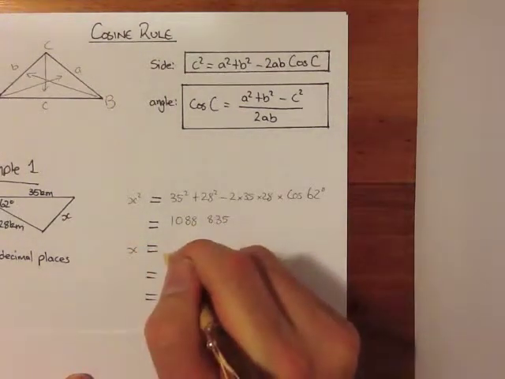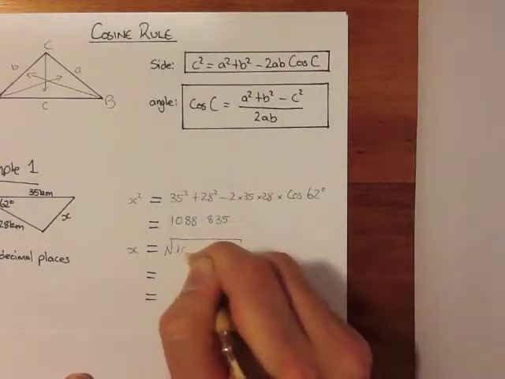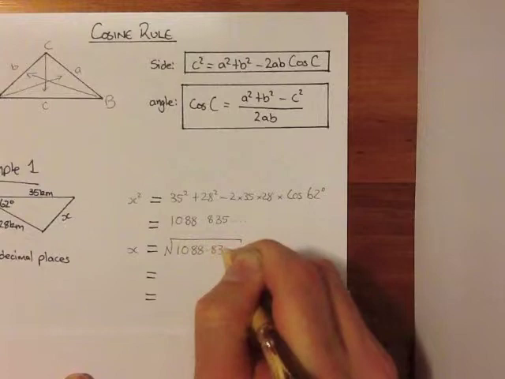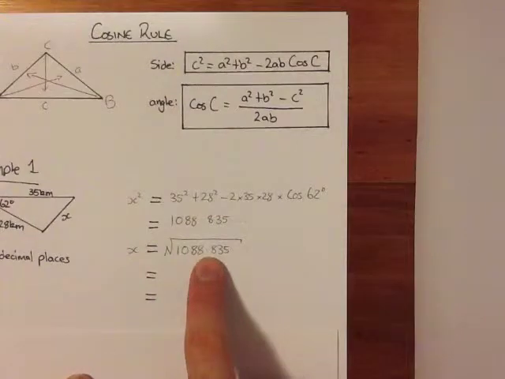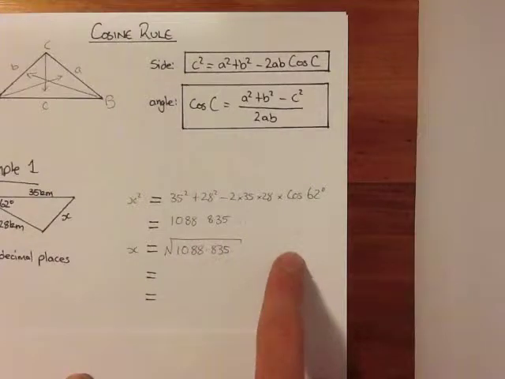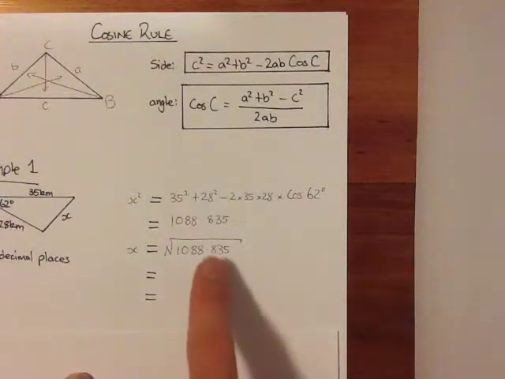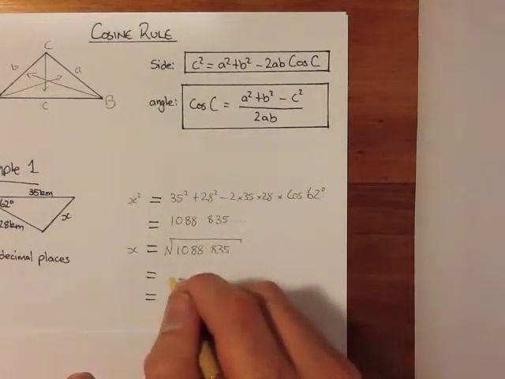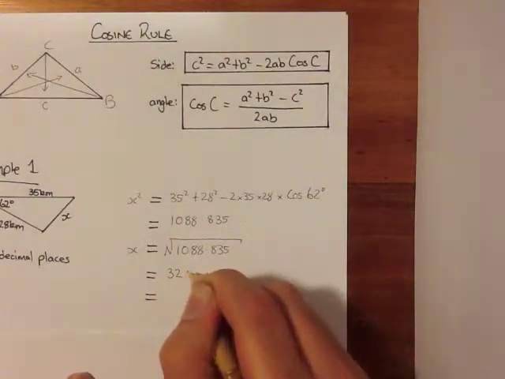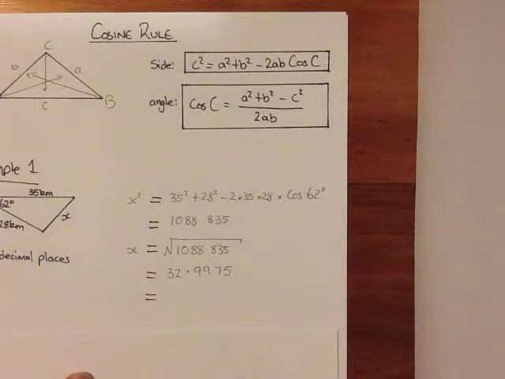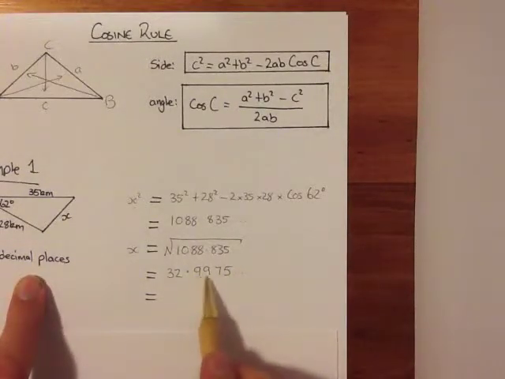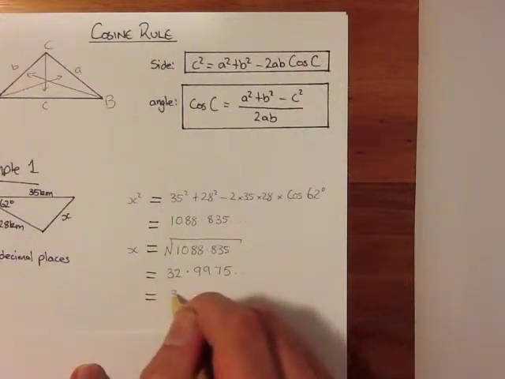So x is going to equal the square root of 1088.835... Type this on your calculator and use the ANS button to substitute that number straight back in. We do not want to round early, otherwise our final answer will be wrong. The square root of 1088.835 is equal to 32.9975... continues on. Correct to two decimal places, becomes 33